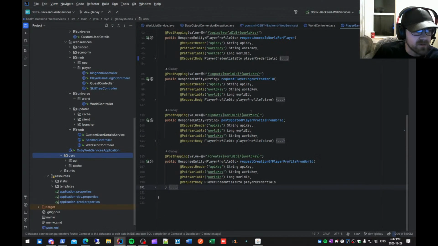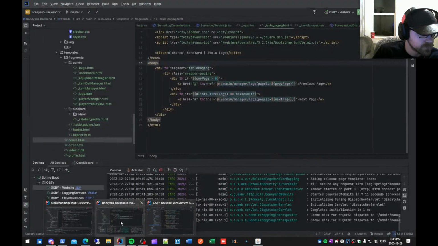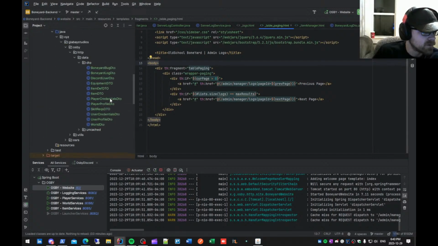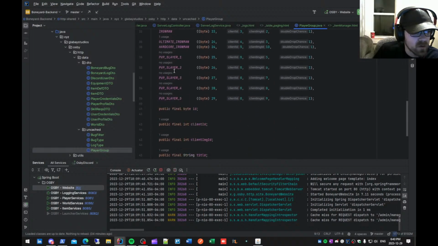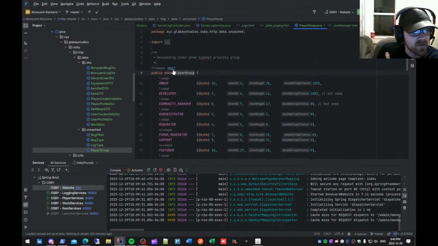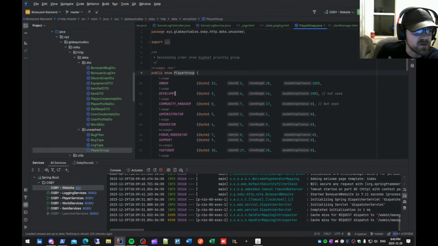And then I come down and I fetch their roles, because when I fetch their roles, if we look at back end, or actually I think I have this in here in the profile, player groups. So these are the groups, the IDs, whether it be this, that, or the other thing, they're all going to correspond with here. They correspond with the number in the enumeration in relation to it. So like owner is 0, developer is 1, and